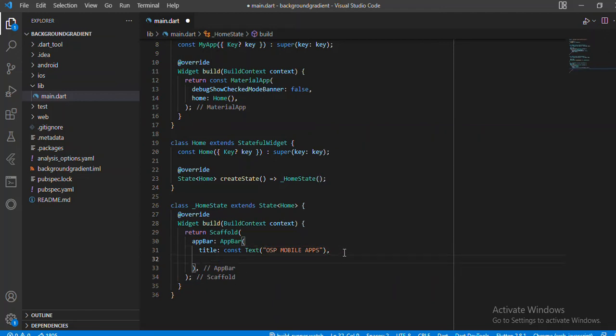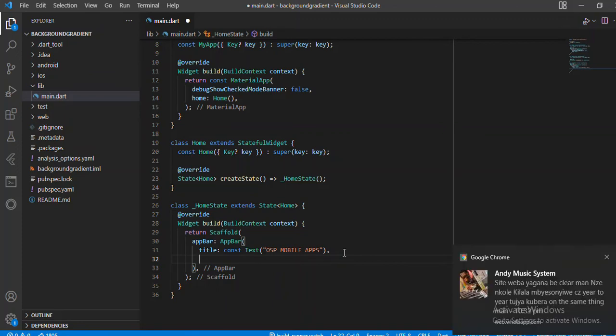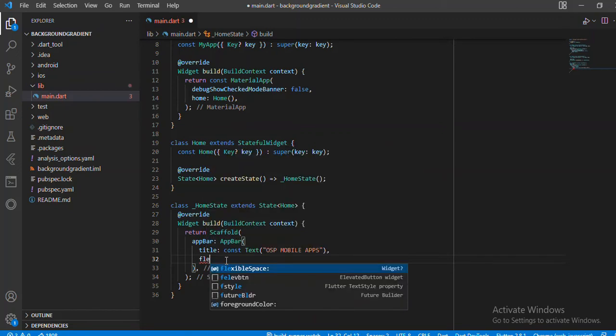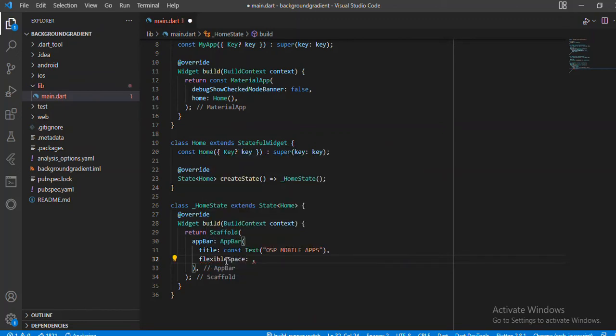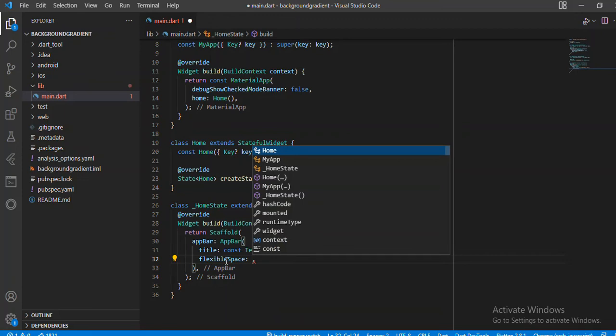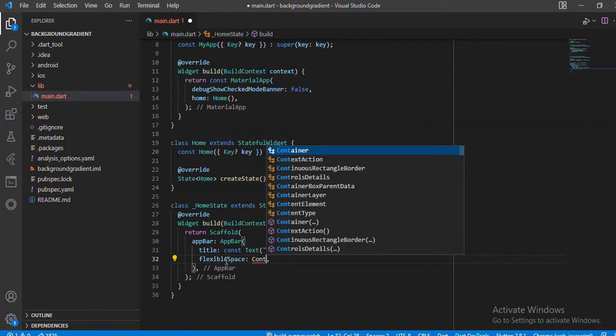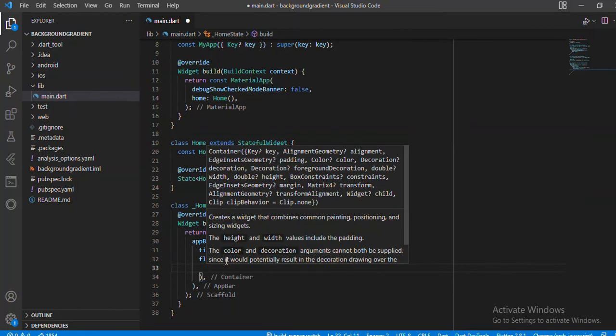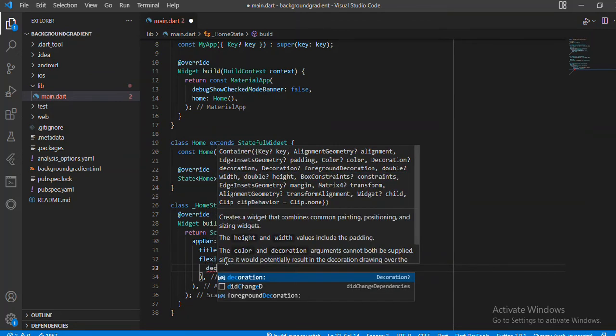We need to make sure we have the declaration we talked about, for the different stuff we're going to be generating in our app. So I'm going to look at the flexibility of our app, and we have a flexible space that we're going to be using to come up with what we need. So I'm going to just pass the container